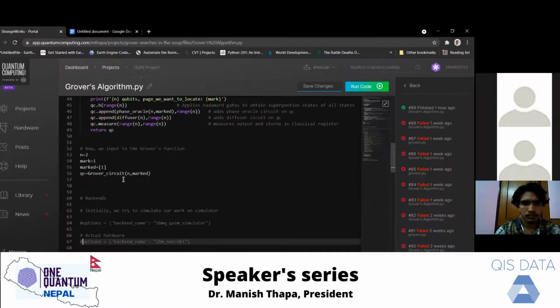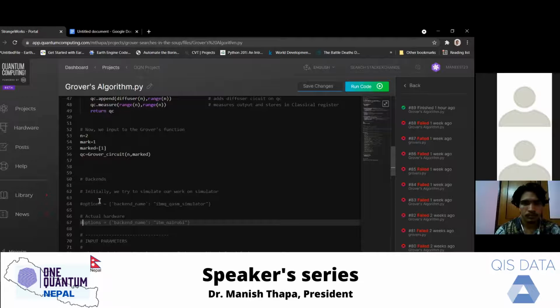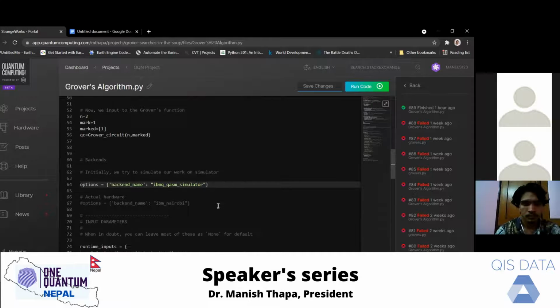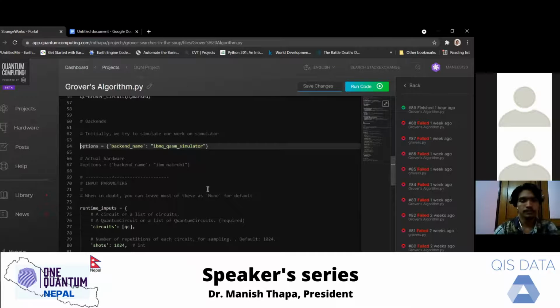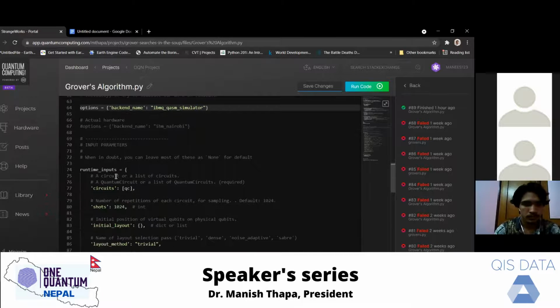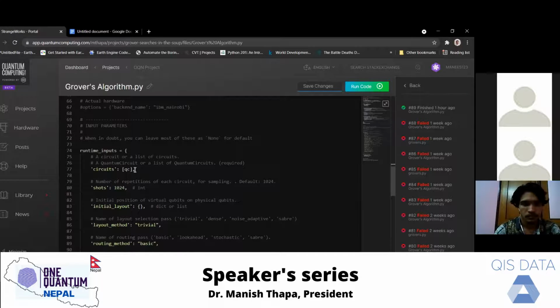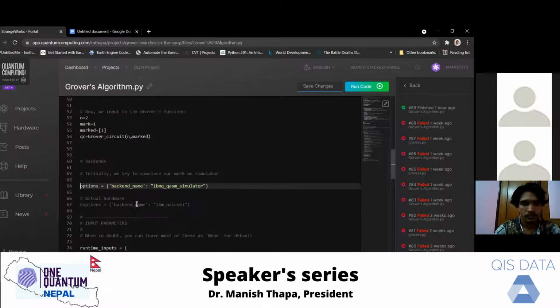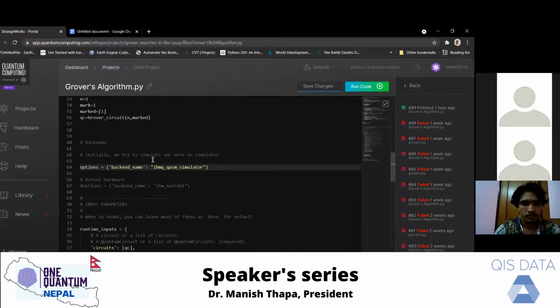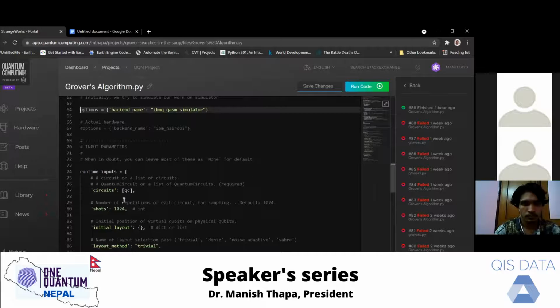After that we specify our backend, and at first we want to show running our circuit on a simulator and see what our result is. Before that, we specify the input arguments: the circuit QC that we defined earlier, and the number of shots.